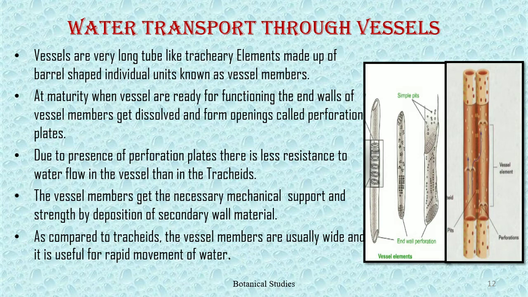Due to the presence of perforation plates, there is less resistance to water flow in the vessels than in the tracheids. Vessel members get the necessary mechanical support and strength by deposition of secondary wall material. As compared to tracheids, the vessel members are usually wide, and this is useful for rapid movement of water. So this is all about water